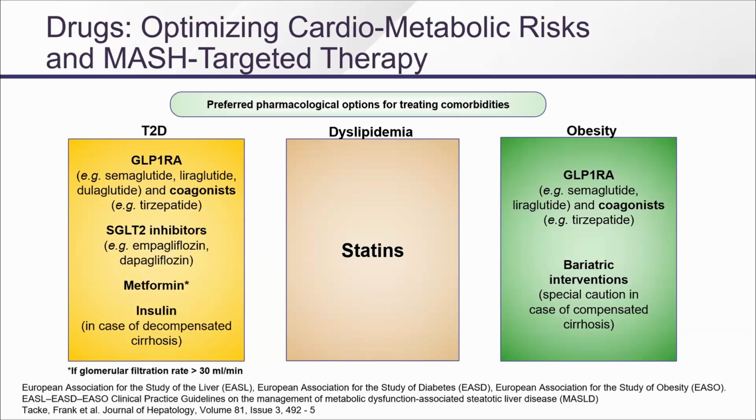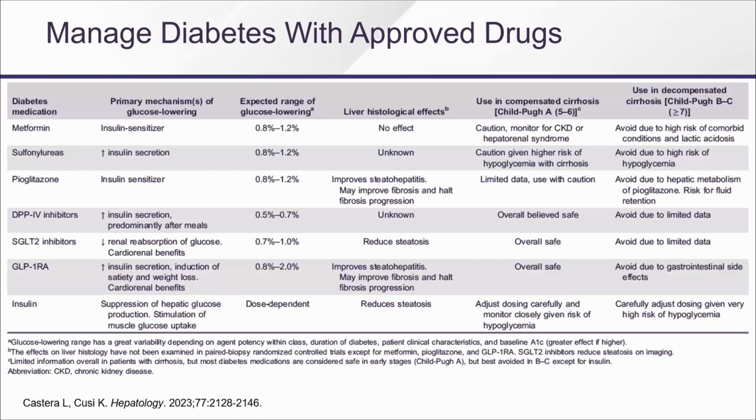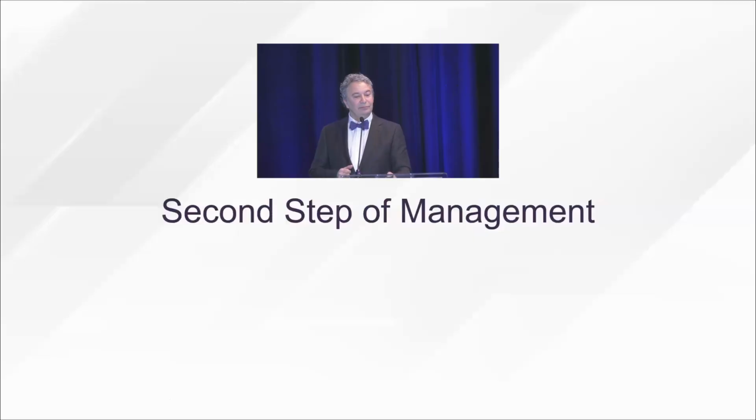And some of them overlap. And to me, this is why GLP-1s probably have a key element in the obesity and type 2 management in addition to managing the liver disease. So manage diabetes with approved drugs. And to me, approved drugs that lead to weight loss will improve NASH more than ones that just control hemoglobin A1C. But controlling hemoglobin A1C will improve NASH. But you shouldn't manage diabetes.